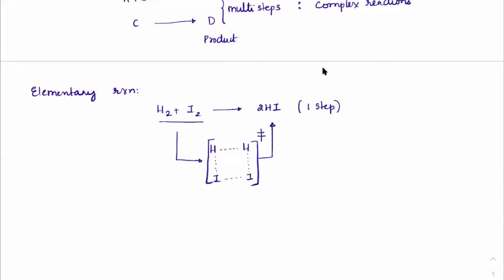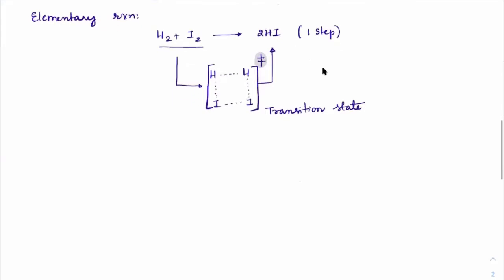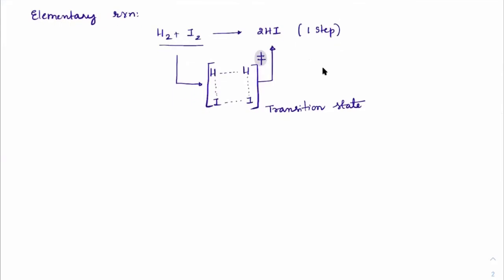This is the symbol used for the transition state, everybody. Okay. So this is called the transition state. Every reaction will go through a transition state. And the transition state is that state where the energy of the species would be maximum. Okay. Because all the bonds are broken. Can you see that? Which means they are all unstable species now. That's why the potential energy in this particular species would be the highest.